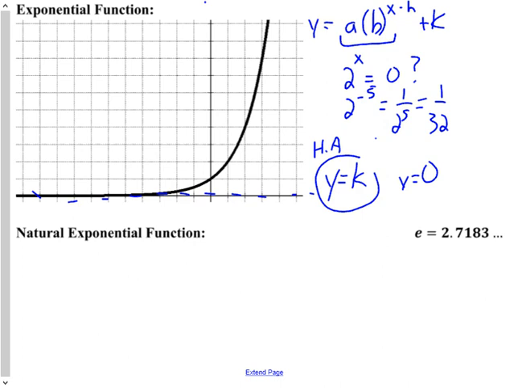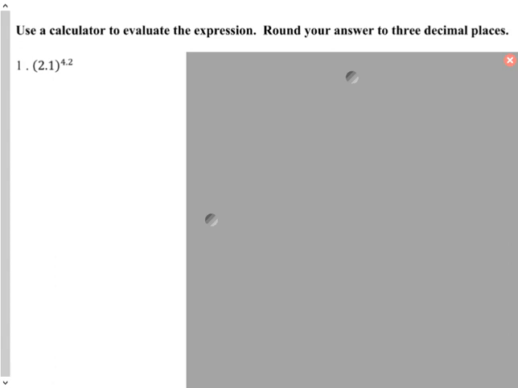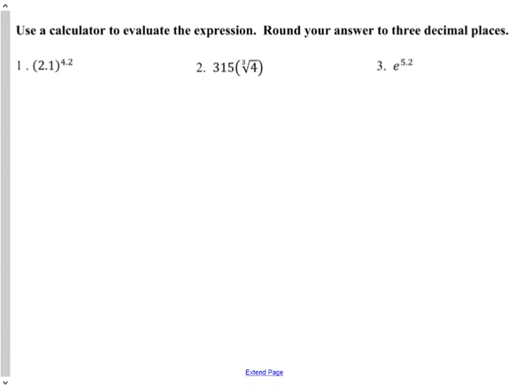Natural exponential function. Reminder, e is 2.7183. I'll talk about where that comes from as we run into compound interest. Starting off, some basic questions: evaluate using a calculator, round to 3 decimal places. These are things you should know how to do on your calculator. The power button looks like that. So 4 to the 2.5 for this one, and you would get